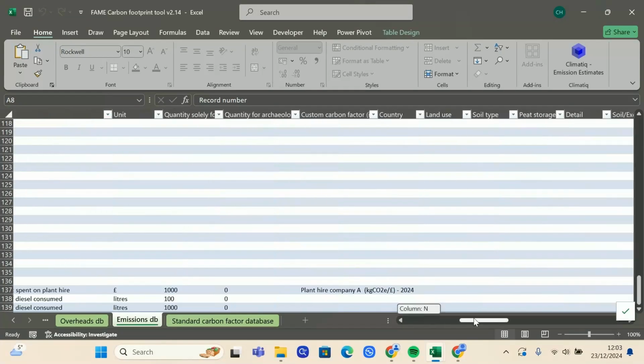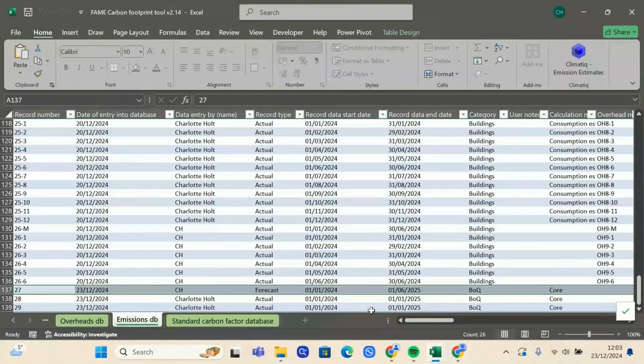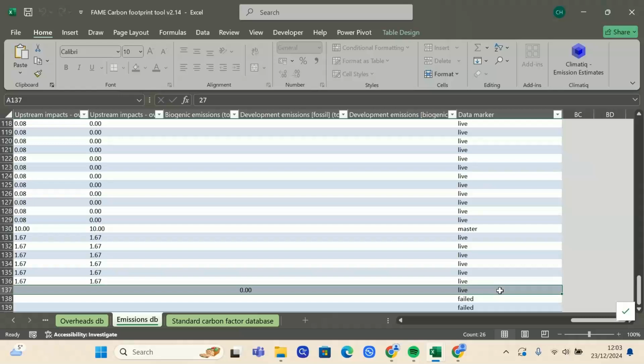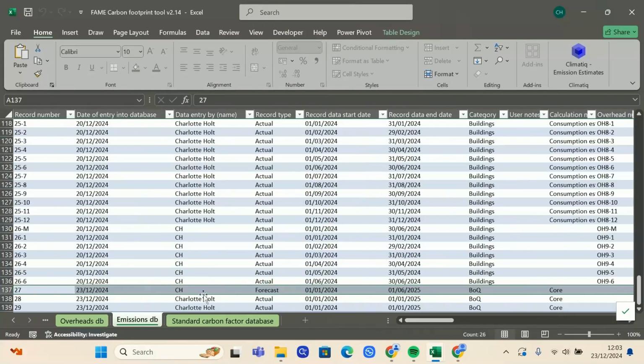So say we want to amend record number 27. So I guess one thing to note is you can only amend live data entries. You can't amend the failed ones, the master ones, or the amended ones. So the tool, this is again a data quality check that is in place, so the tool will not allow you to do that. So if we recall 27,